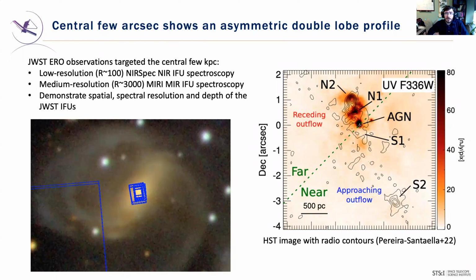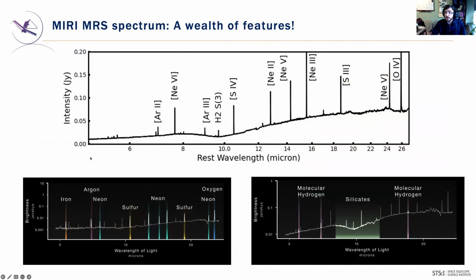We're not going to get much in the way of kinematic information from the NIRSpec observations, unfortunately. We used the R of 100 prism observations so that we could go deep and see what lines are there in the near-infrared. But for the mid-infrared, we've got spectroscopy at a high enough spectral resolution that we can start digging into the kinematics and say something about the outflow velocities of this source. But really, the aim is to demonstrate the spatial and spectral resolution of the telescope and how deep we can go. So this is what we found when we looked at it with MIRI.